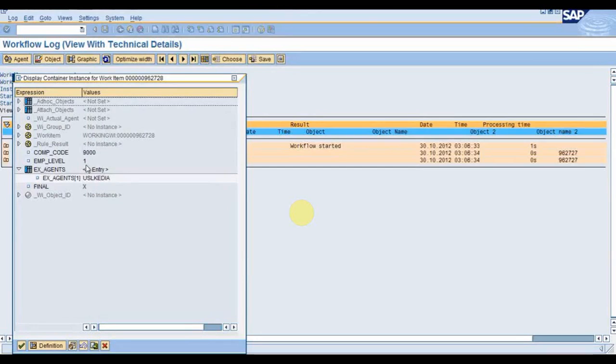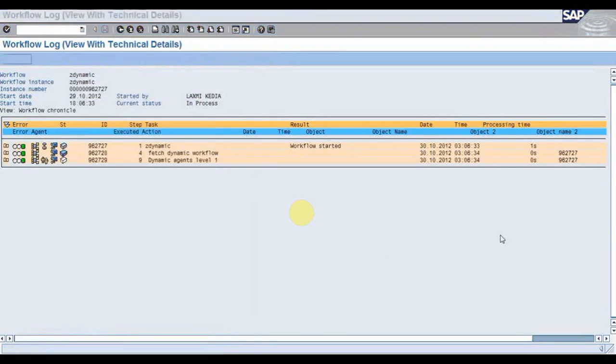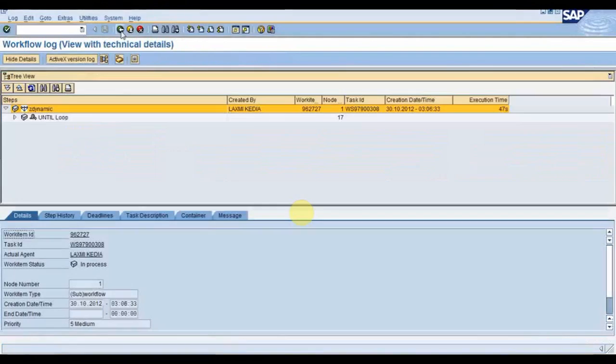So the method has executed, keeping these two as the importing parameters, and returned USLKDIA as the exporting parameter, and it has also checked this final variable because the next level doesn't exist in this table. Okay, so now LKDIA has received this work item.